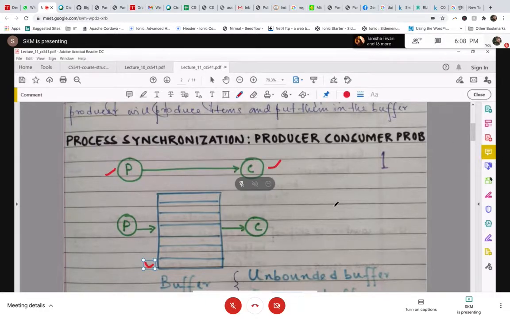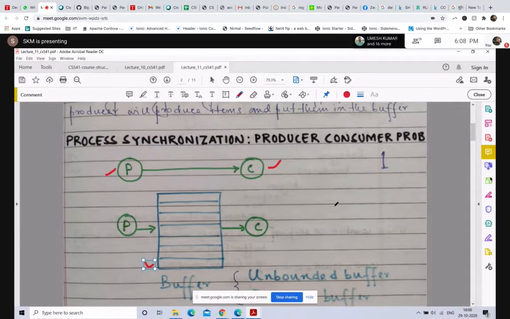So when we are talking about process synchronization, we definitely want that there will not be any waiting time, or there will not be a case where any of the processes basically has to wait for the intermediate buffer to be either filled or empty, whatever is the case.